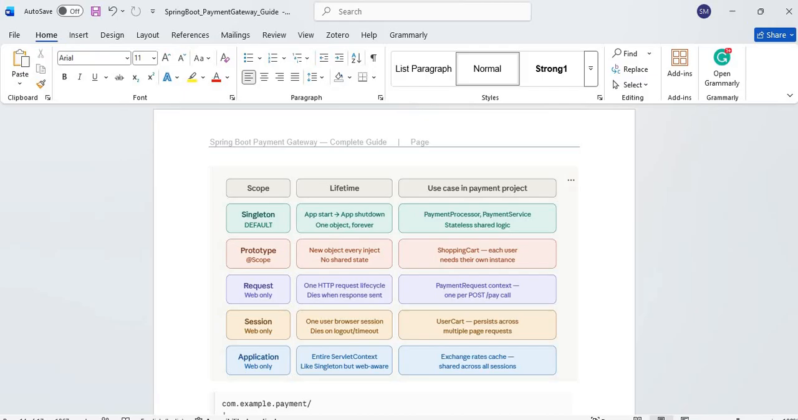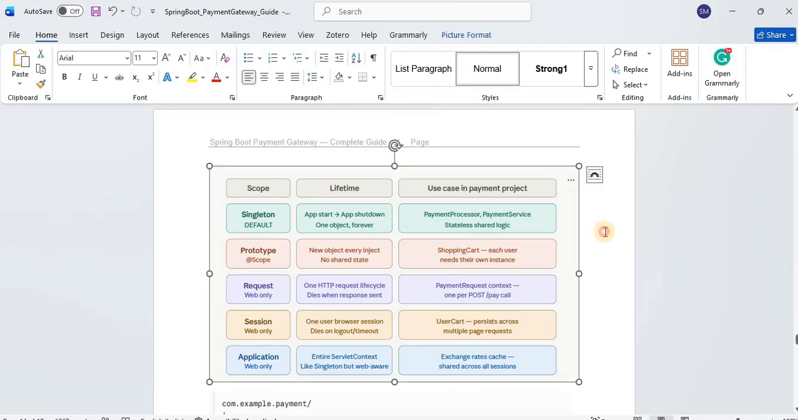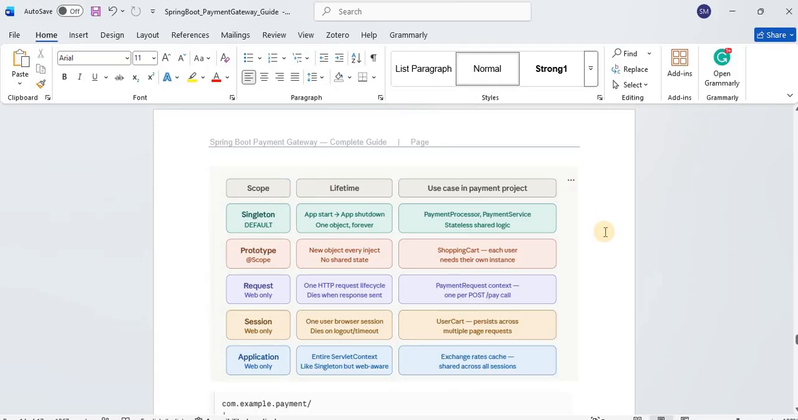You know what is scope? Scope is basically the lifetime of the object. Yes, the lifetime of the object. Right. So if you see singleton,